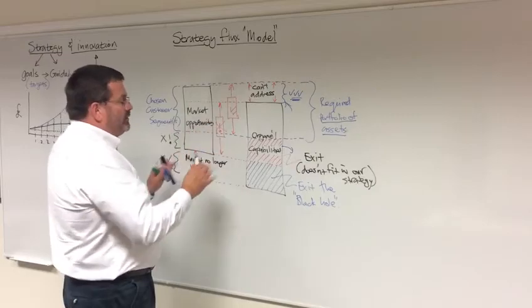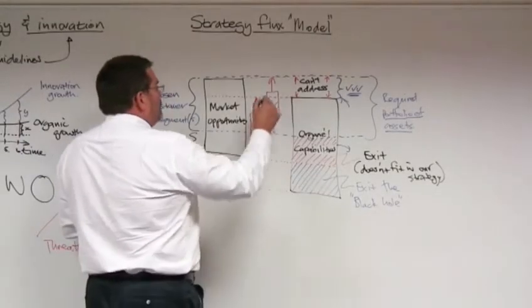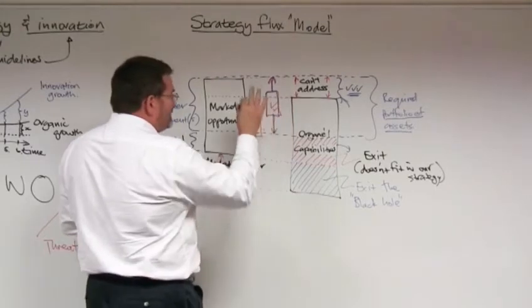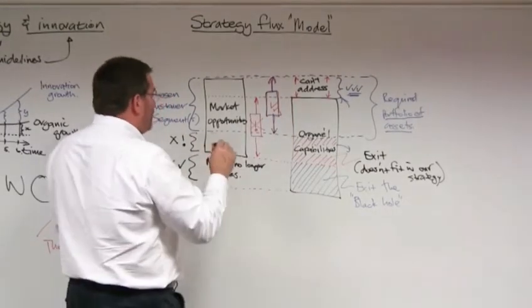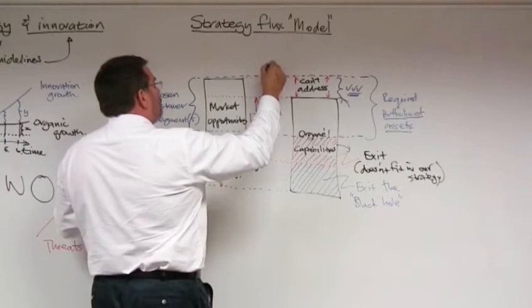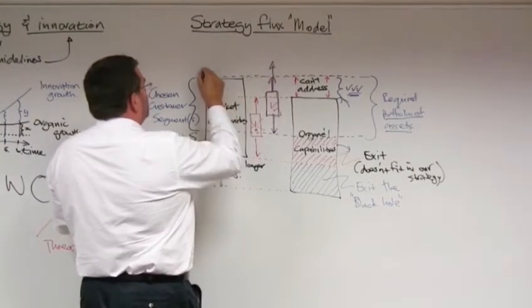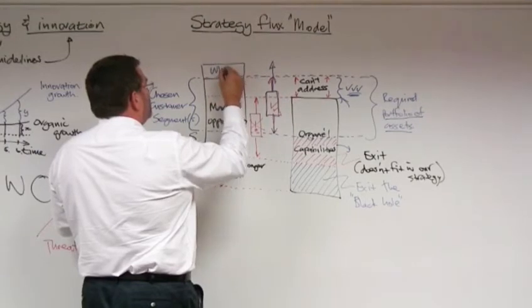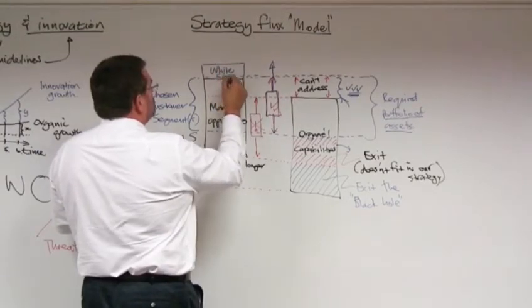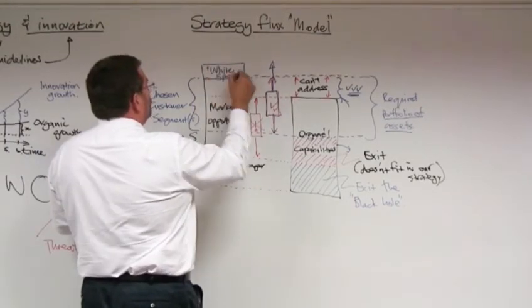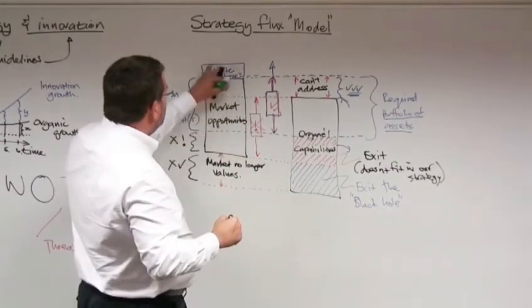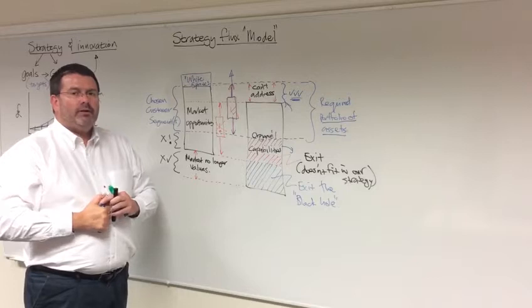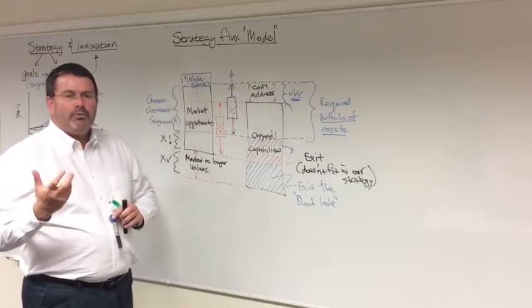But just one modification of this Flux model: if this is the strategy that we decide to pursue, that's the way we should be thinking about it. However, it would be ideal, to my mind, if we added a piece here, which, to use Mark Johnson's terminology, we would call the white space. These are things that customers don't yet know are going to be valuable to them. So a classic example would have been